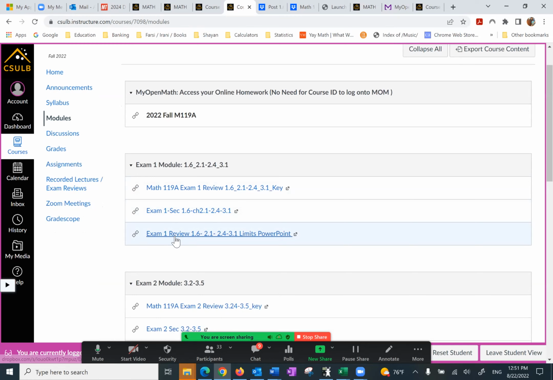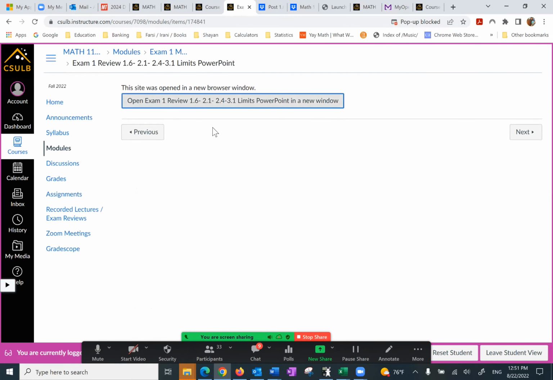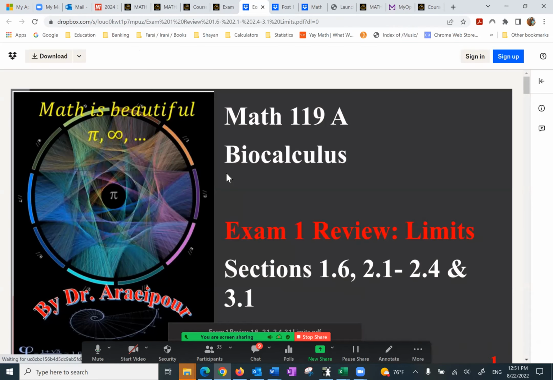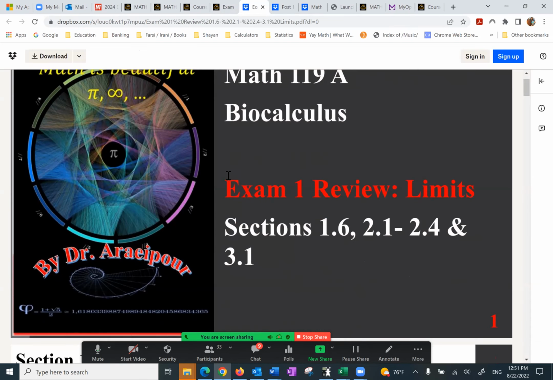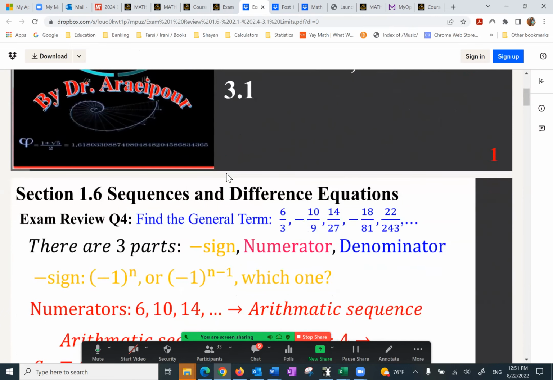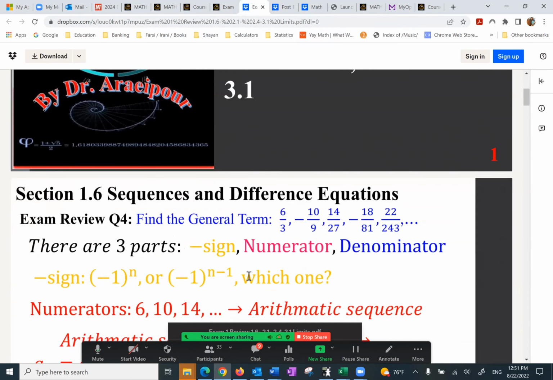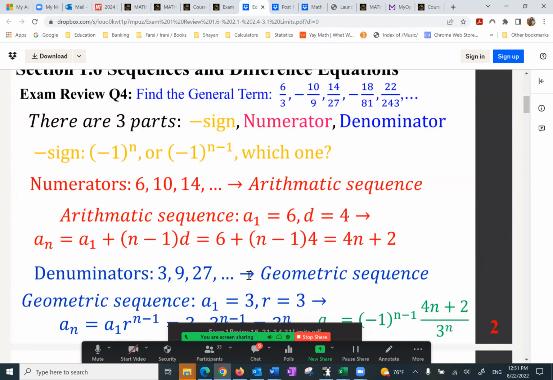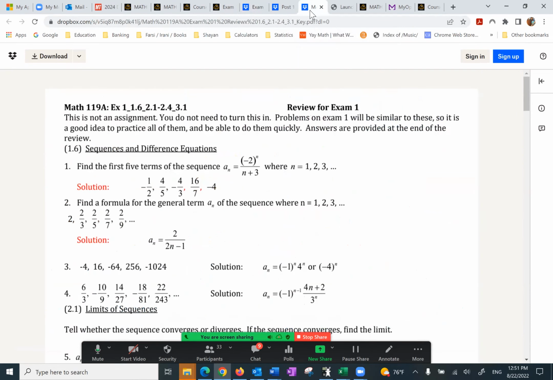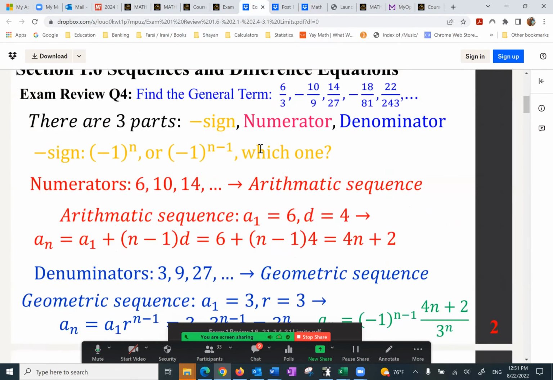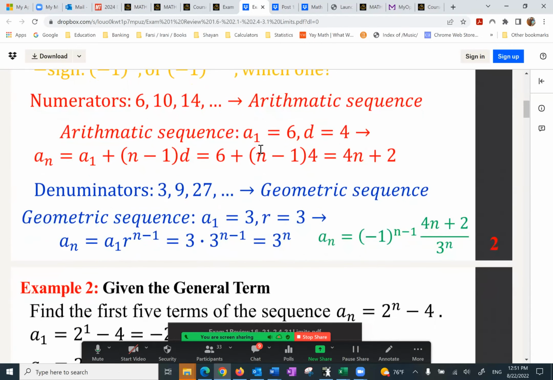And the next one, the last one, this one class is exam 1 review that has the questions and the solutions step by step. Some of the questions from this practice test that were found to be difficult in the past, I have done them here with details. Not every question, but most of them. So you do have the questions and the keys here. Over here, you have the solution to some of those questions.